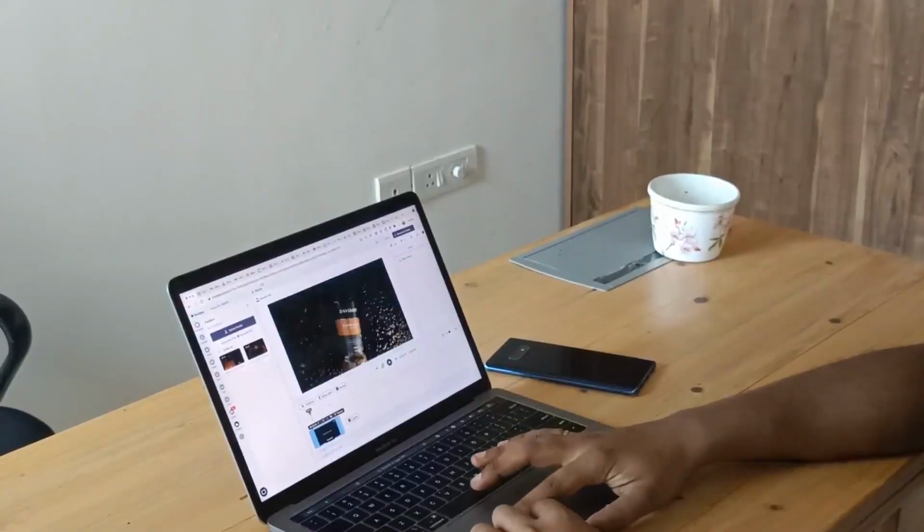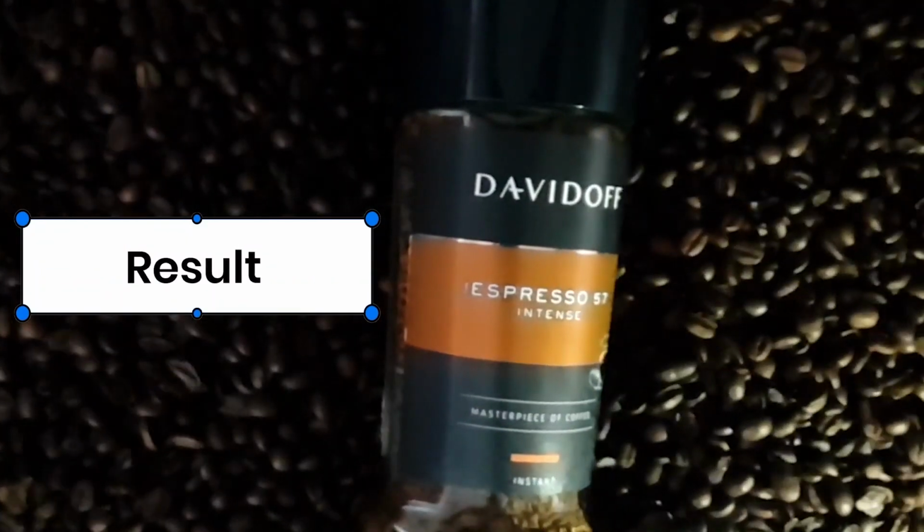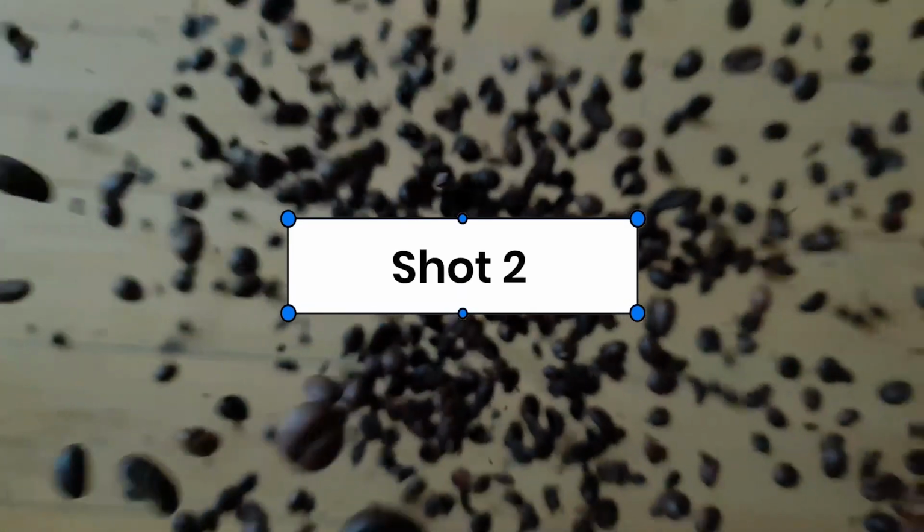So let's look at how our shot has come out, and I'm going to open InVideo and a blank canvas, create a folder on InVideo, and then I'm going to upload that shot and have a look at what are the parts that I can take out from it. Next shot,